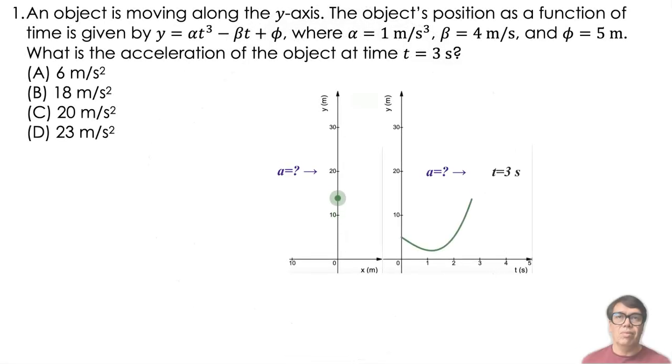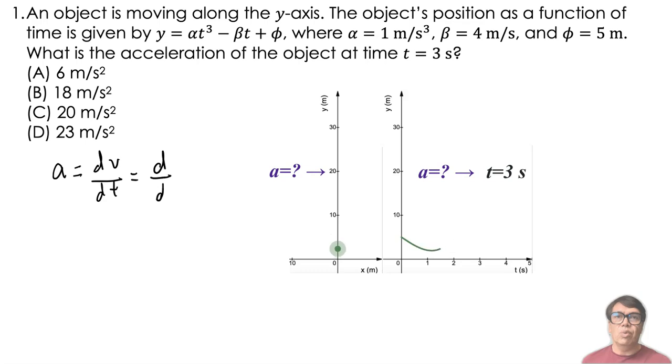You should pause now and try to get the answer on your own. Keep in mind that the acceleration is the derivative of the velocity, which in turn is the derivative of the position. This means that we only have to derive the position function twice, and we should have the acceleration as